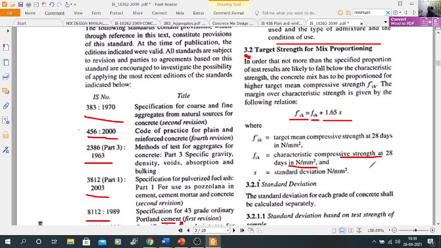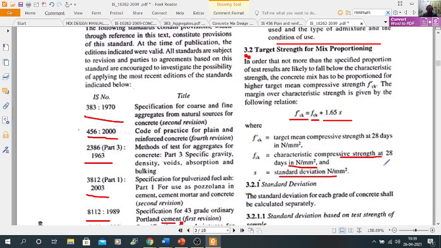And generally the strength of concrete at 28 days is considered as the characteristic strength of concrete. So F'ck, the target mean compressive strength, is equal to fck, that is the characteristic strength, plus 1.65 into S, where S is the standard deviation in Newton per mm².